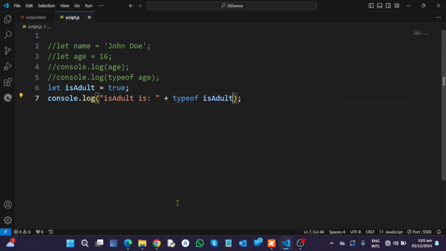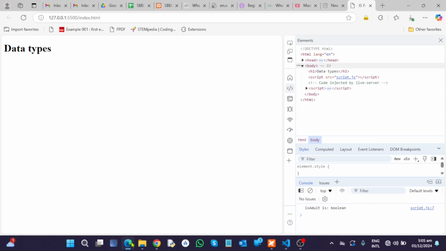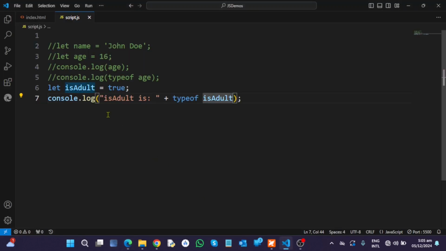So let's look at it and check whether it's going to give us Boolean. As you can see, is adult is Boolean, right? So let's continue with the next one, which is